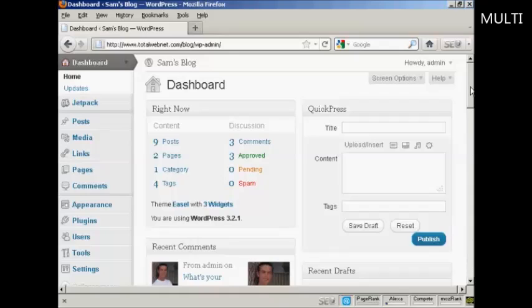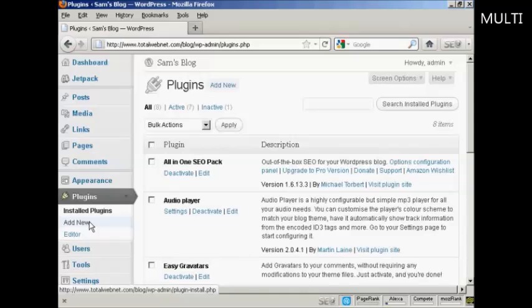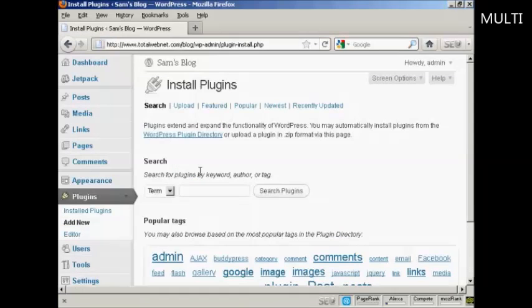The simplest way to insert a contact form is to use a plugin. So I'm going to install one now. Come here to plugins and then add new, and I'll do a search here for contact form and click on search plugins,